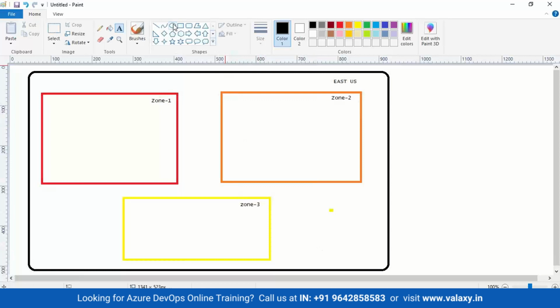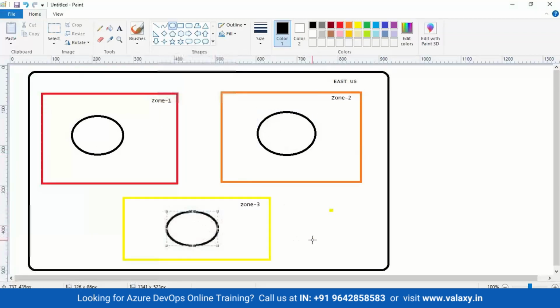Now what did I say when we were doing LRS? In the LRS case, you'll have 3 copies created in zone 1 itself. And if zone 1 itself is down, then there's an issue. You cannot retrieve your data. But in case of ZRS, you'll have your copies created in zone 1, zone 2, zone 3,